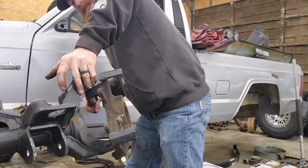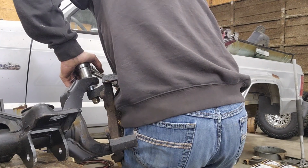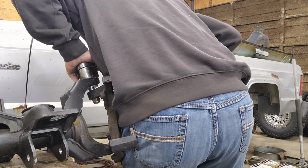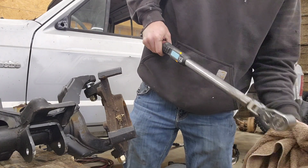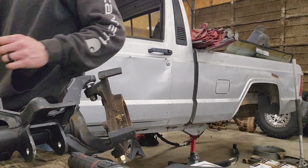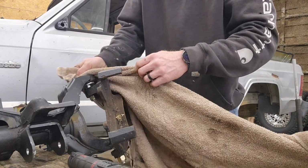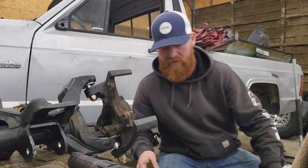And for some reason, I mean, I can hold this down with this nut and this socket, but man, I can't get it down in there. And I can get about 15 foot-pounds with it. So that's what I got there. And so I might have to modify this, but I want to torque it to that spec, and yeah. So I'll have to modify that one, see if I can get it in there a little bit better. But I do have a little bit more drag than I did,